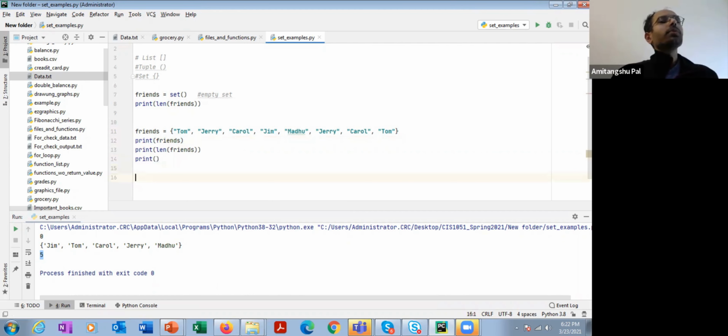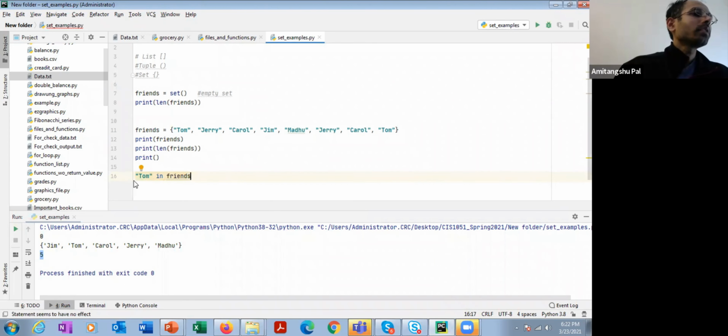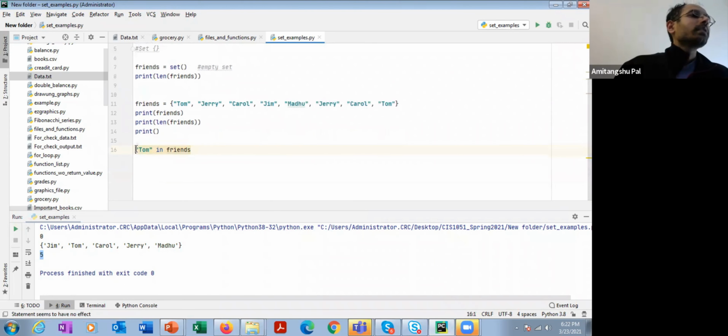Now, suppose you want to check whether a certain entity is a member of a set or not. So the corresponding function is in set. So suppose you want to check whether Tom is in your set or not. You can simply write Tom in friends. This is going to return true if Tom is inside the set. Otherwise, it is going to return false.